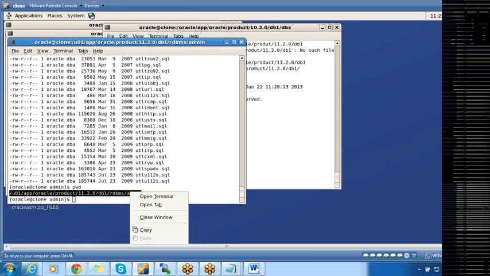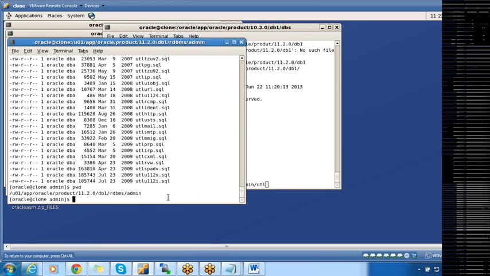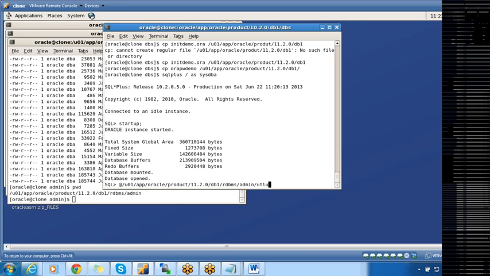So, copy this path and we have to run utlu112i.sql.